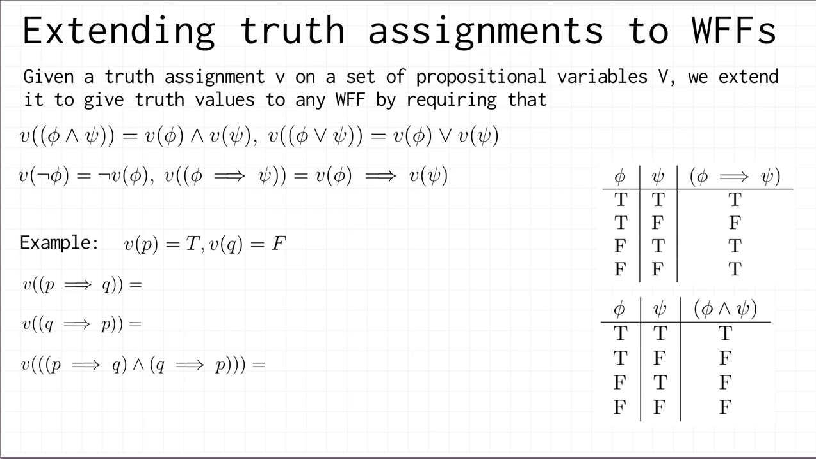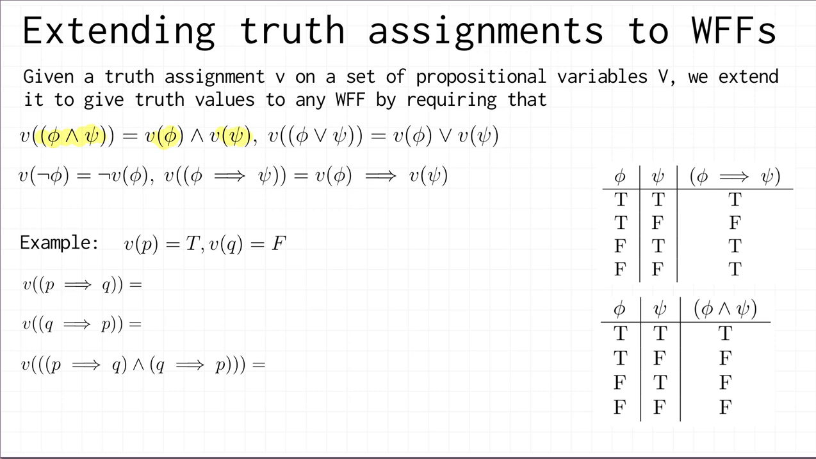We think about the structure of a well-formed formula. A well-formed formula has two possibilities. Either it's the simplest possible well-formed formula, so it is a propositional variable, or it's built from one or two simpler well-formed formulas using a connective. Now, in the case where the well-formed formula is a propositional variable, the truth assignment already gives it a truth value. In the second case, what we're going to do is insist that the truth value of, for example, phi and psi is going to be the truth value for phi and the truth value for psi combined using and